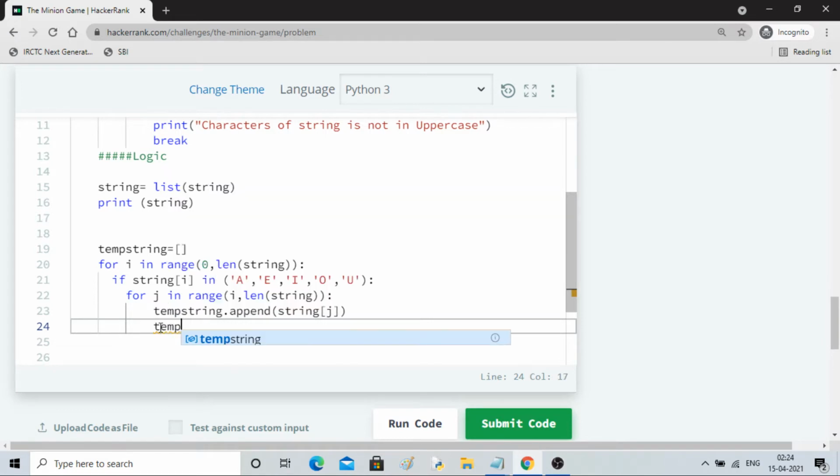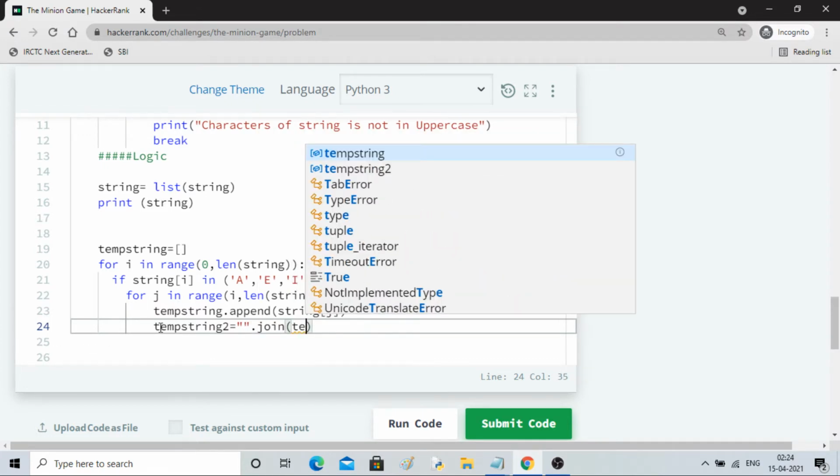So temp string 2, I'll write equal to, you have to join as it is, dot join temp string.